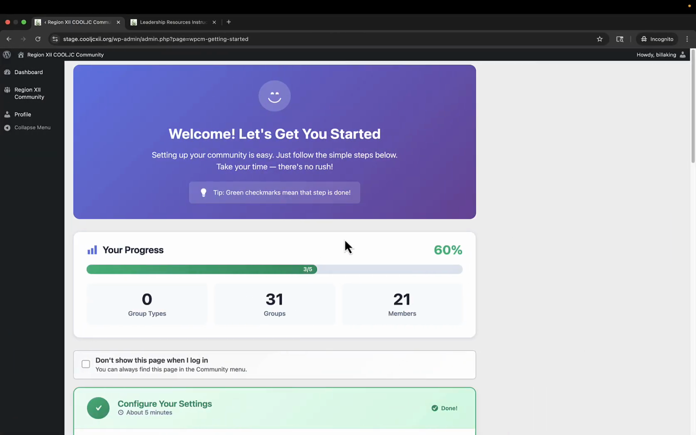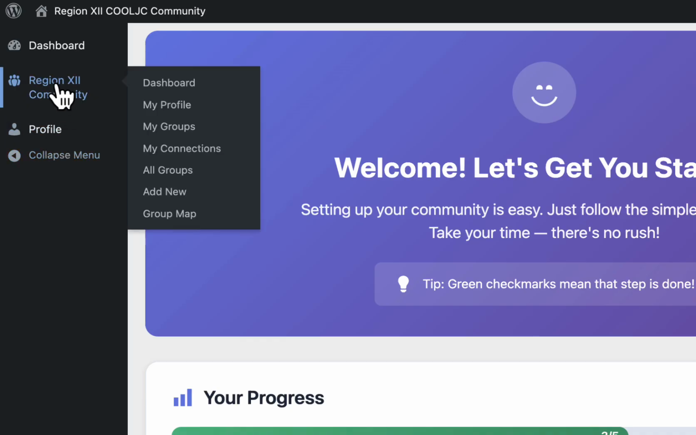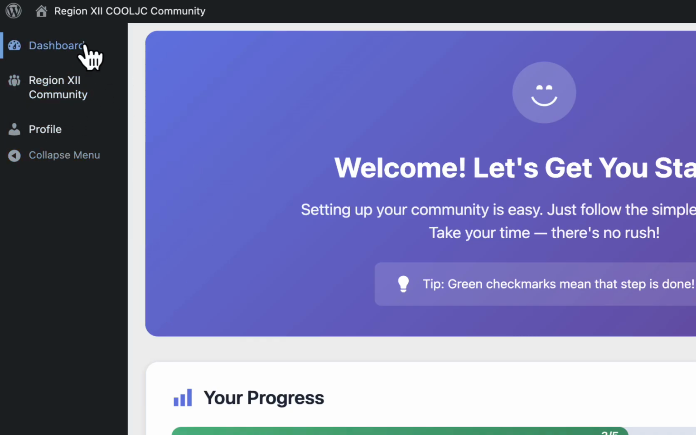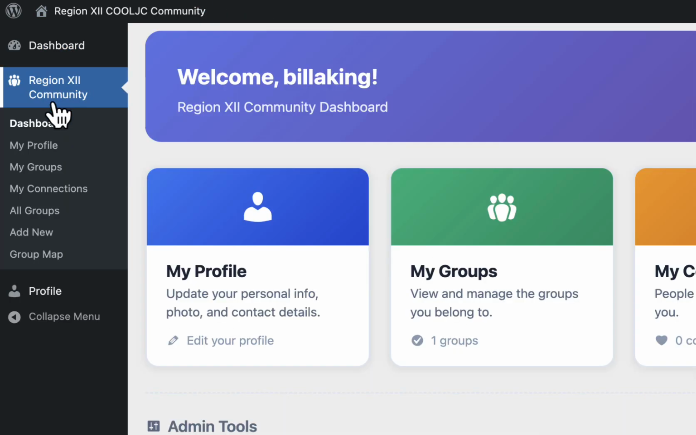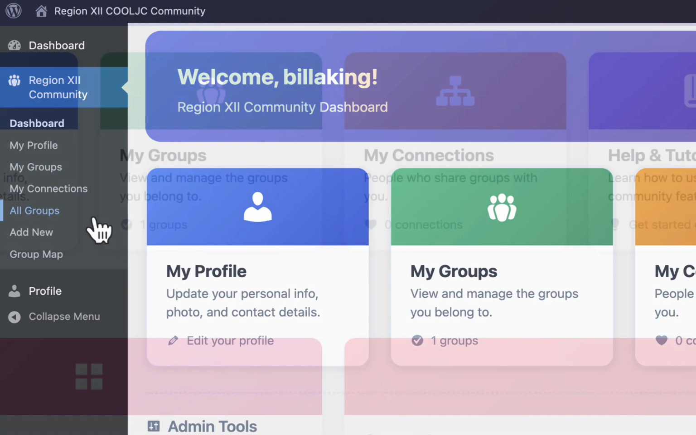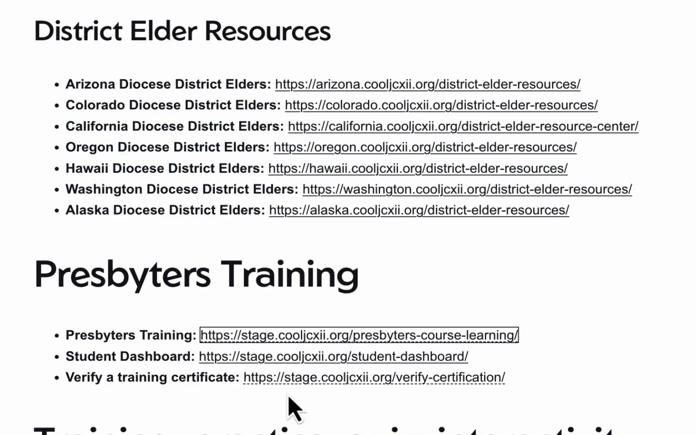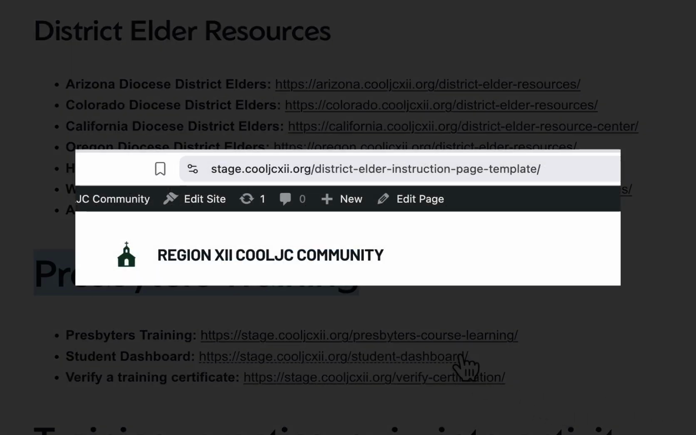Okay, I am logged in as myself, and you will see here that I just basically have access to the community to create my own groups and everything, and then this is WordPress stuff. And so from the dashboard here, actually from the web page, I can go to this new section here that I created called Presbyters Training. And so this will take you to the list of